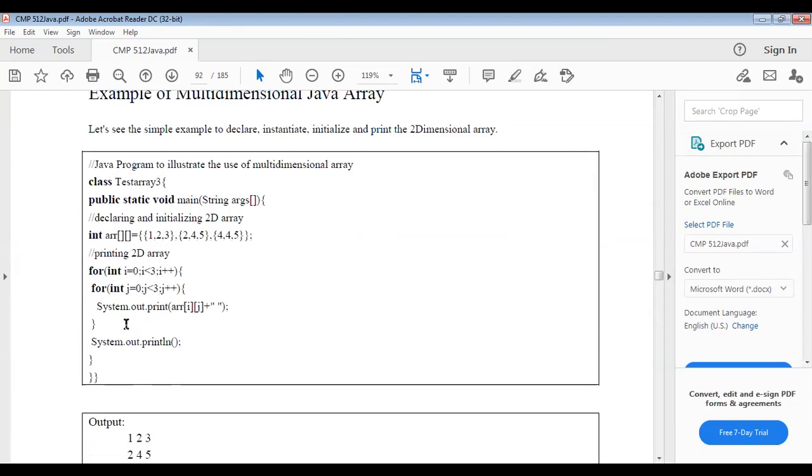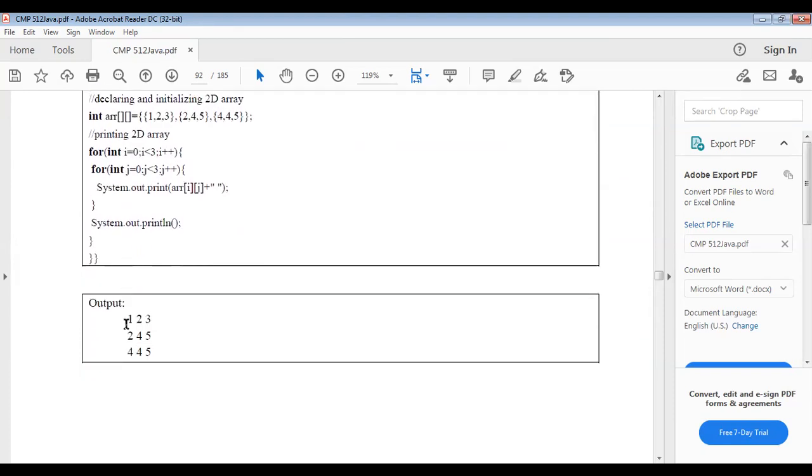So that is an example of a multidimensional array, and the array output will be that. Rows and columns are presented there. So 1, 2, 3 is presented here as the first row. Second will be 2, 4, 5. And the last one will be 4, 4, 5.